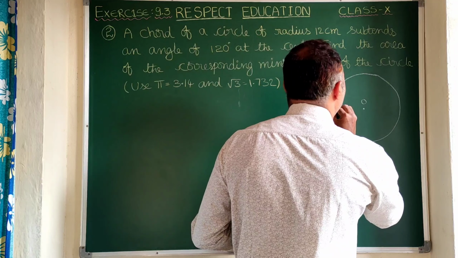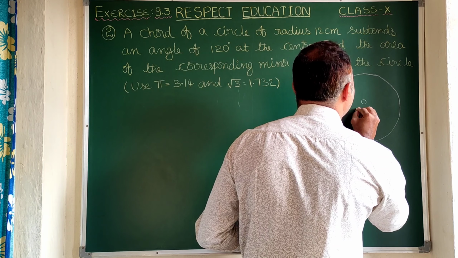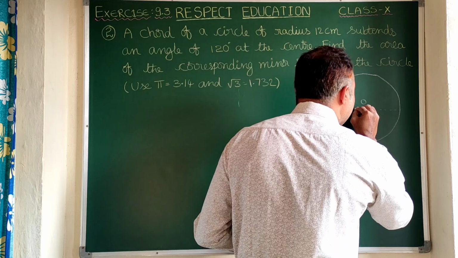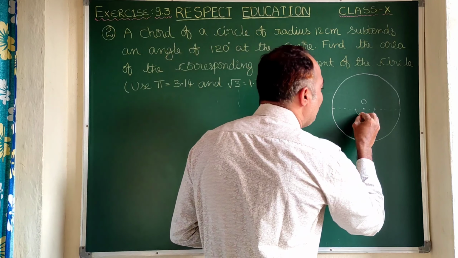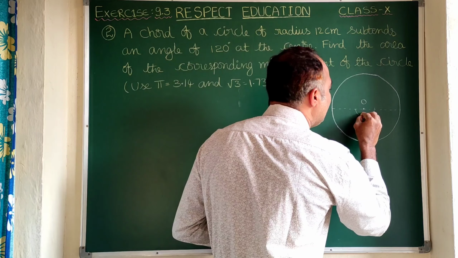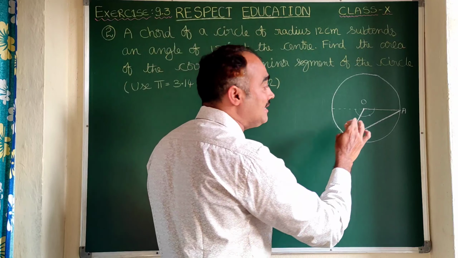See here, approximately, first let us draw the diameter. This is 180 degrees. So if you make it 3 equal parts, here is one, here is second one. Now from here to here if you join, then this is the chord, name it as AB. Here AB is the chord which subtends 120 degrees at the center.